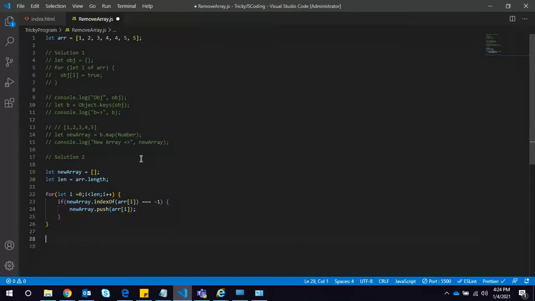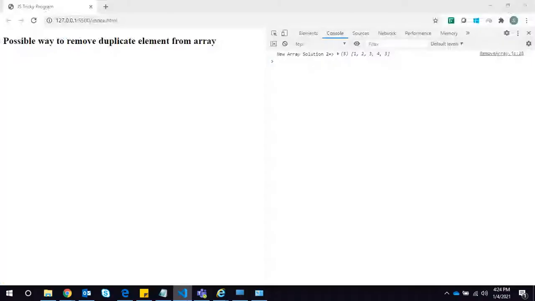Okay. Now you can console log this new array. I'm just copying because it's commented. New array solution 2. Okay. So you can see the new array solution 2 still has the unique elements in the array.